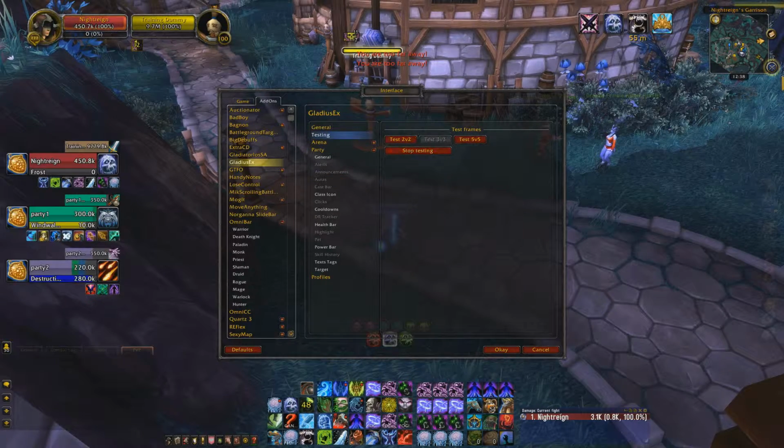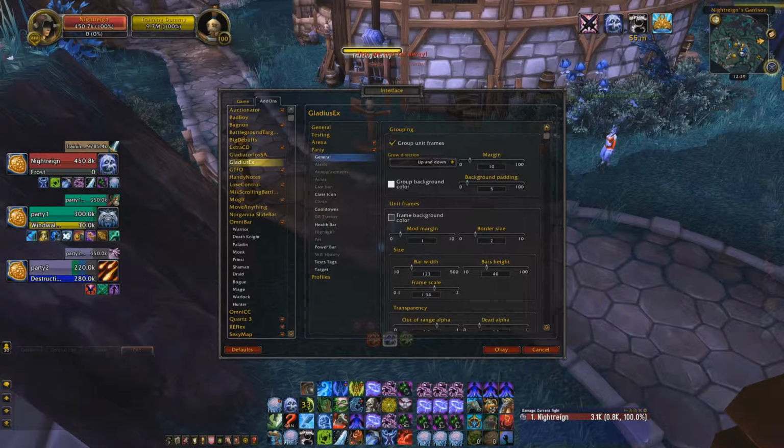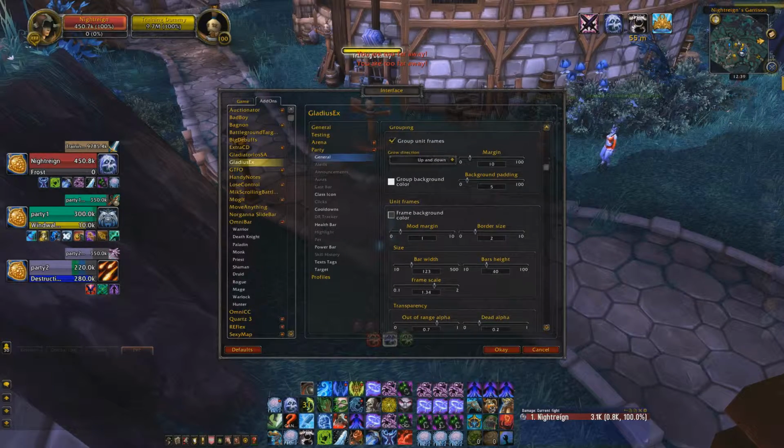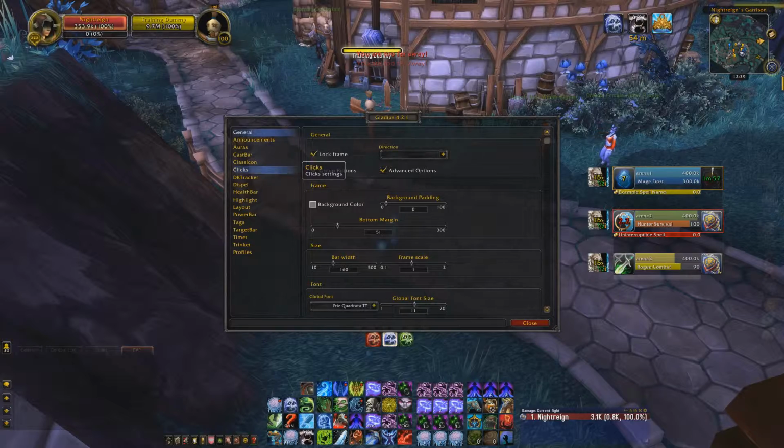I prefer it over the raid frames that most people use because it shows basically the target, their abilities, like what CDs they've used, that sort of thing, their trinket. It just shows all of that, and I feel like that's pretty big. I'm not sure why more people don't use that. We're going to run with Gladius,